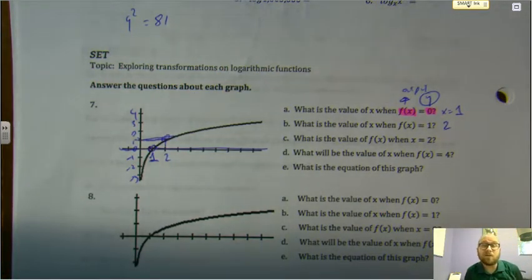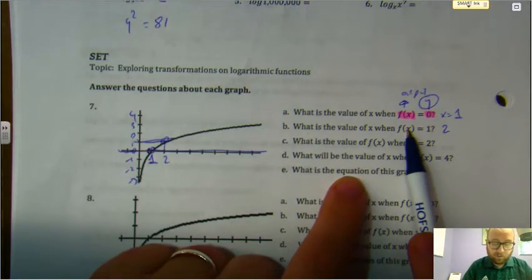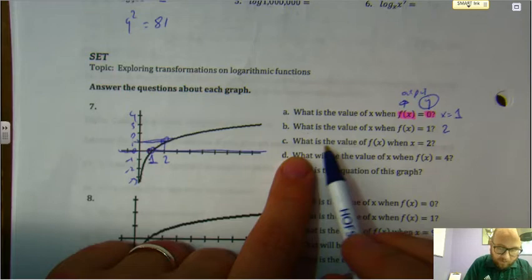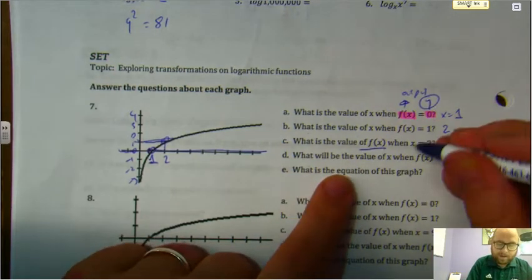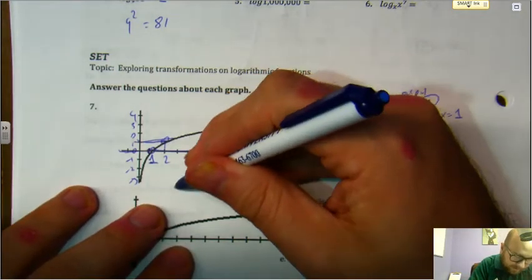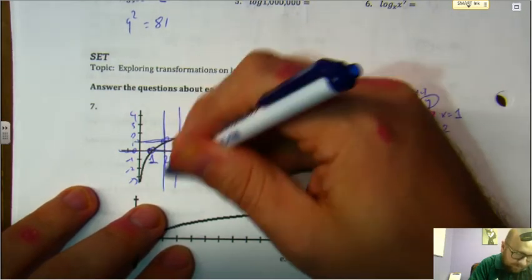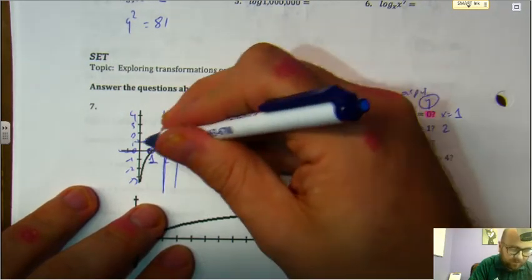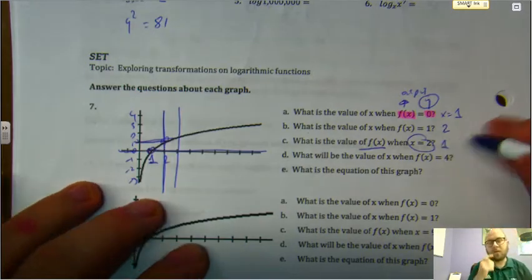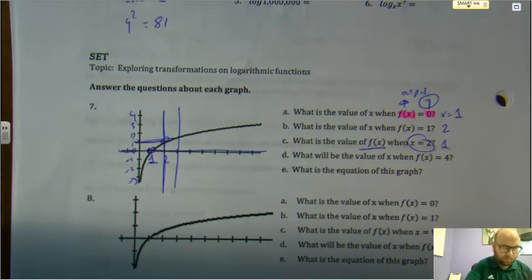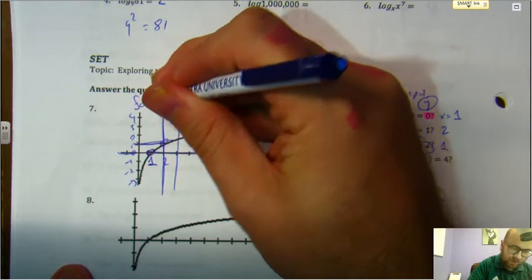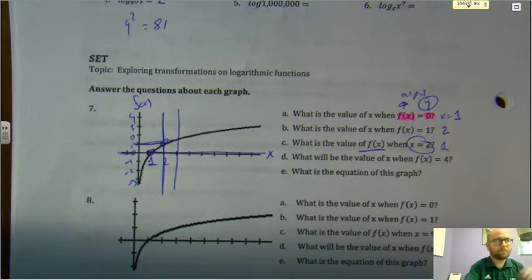So essentially what we're going to be doing is looking over each of these. We're going to be trying to make sure we know what we're being asked, if it's asking for f of x or x. See, for number C here, it says, what is the value of f of x when x is 2? So we're given the x. X is 2. My bad. What is the value of f of x? That would be 1. Okay. We need to know what we're looking for. Remember, the y is our f of x, and the x, of course, is just our x. Let's go ahead and continue on